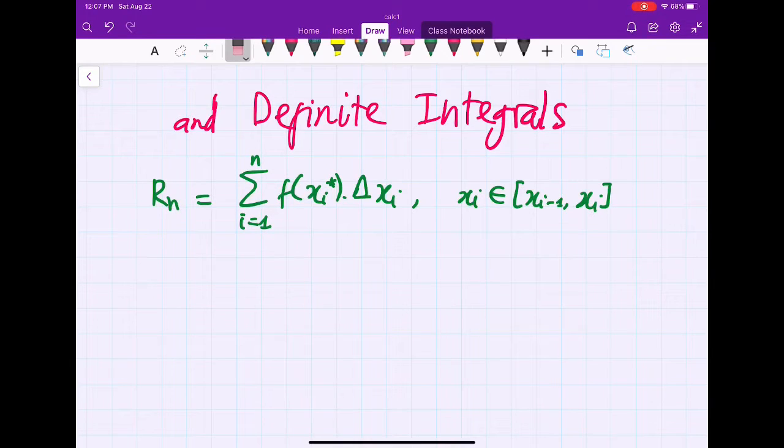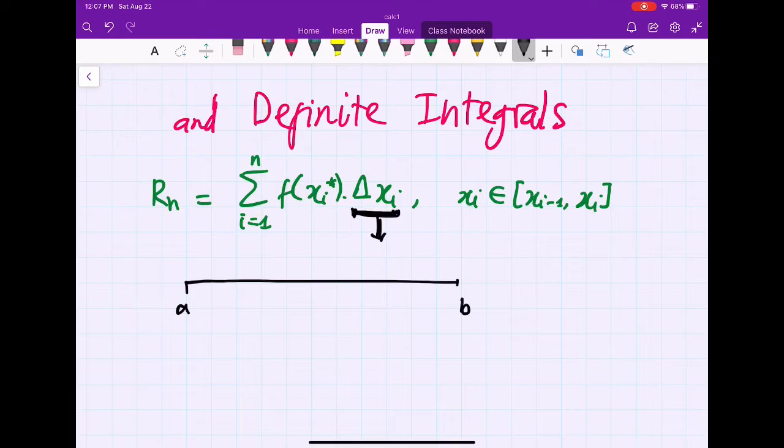When we studied Riemann sums, we said all delta xi have the same width, right? But in general, you don't have to do that. If you have some interval a and b, you may break this interval into n subintervals, and the subintervals need not all have the same width. But if you have the same width, everything would be easier for you